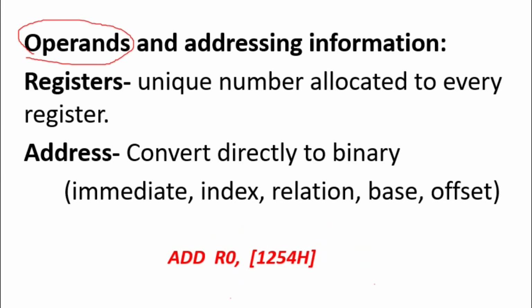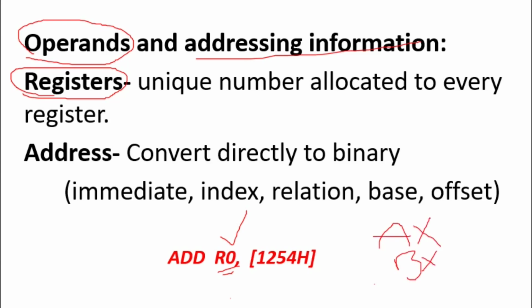Now we can divide the different addressing modes into three categories. One is where we use registers. When I use register as a source in the addressing information, then I must store which register I have used. Now register names are again allocated using English words like R0. R is an English character. In some processors, registers are named AX, BX. These are all English words.